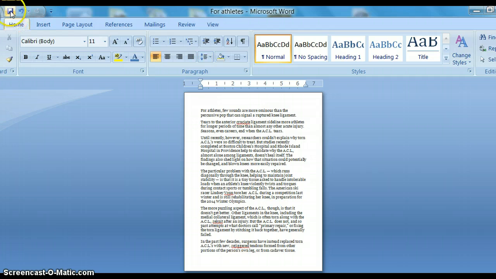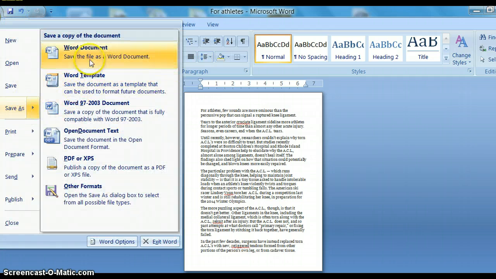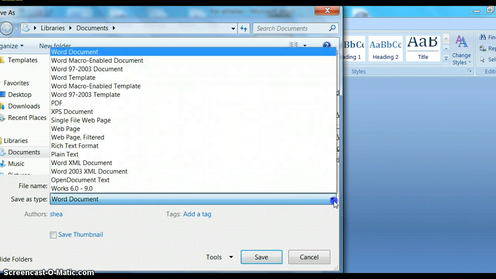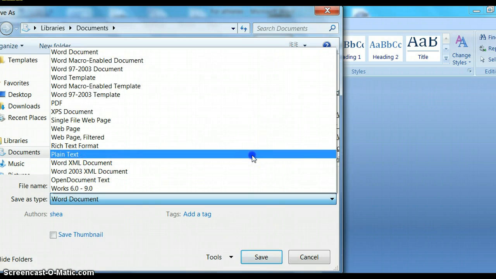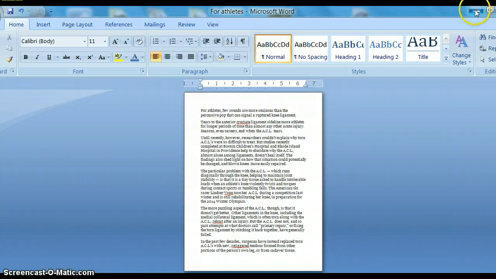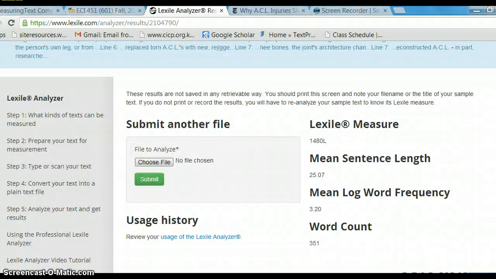And after I go to paste, we need to save. But in order to use the Lexile analyzer, we need to save it as a plain text. So choose plain text, save. Okay. Now we're going to